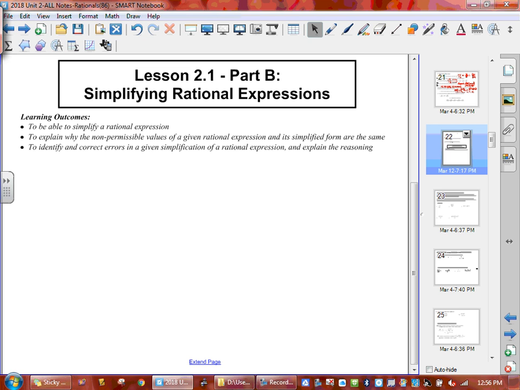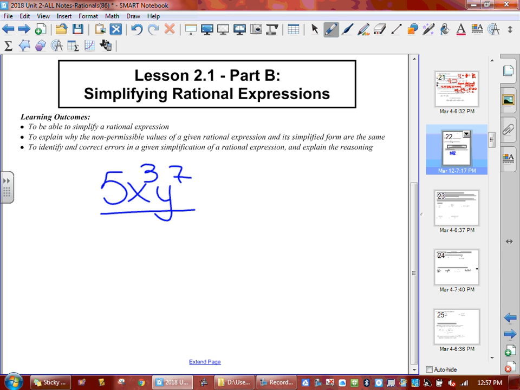This is lesson 2.1 part B. You're going to simplify rational expressions. Just as a recap, rational expressions are when you have polynomials on the top and bottom of a fraction. Monomials are when you've got nothing separated by a plus or subtract sign. That's the difference. So if I've got something like 5x cubed y to the 7 all over 15 x y